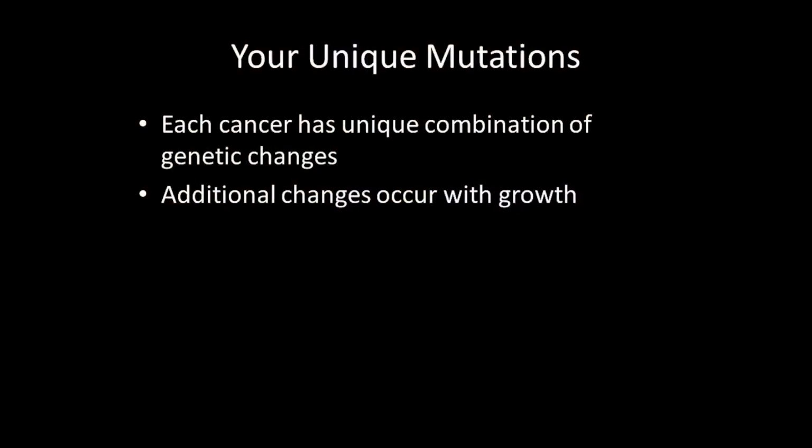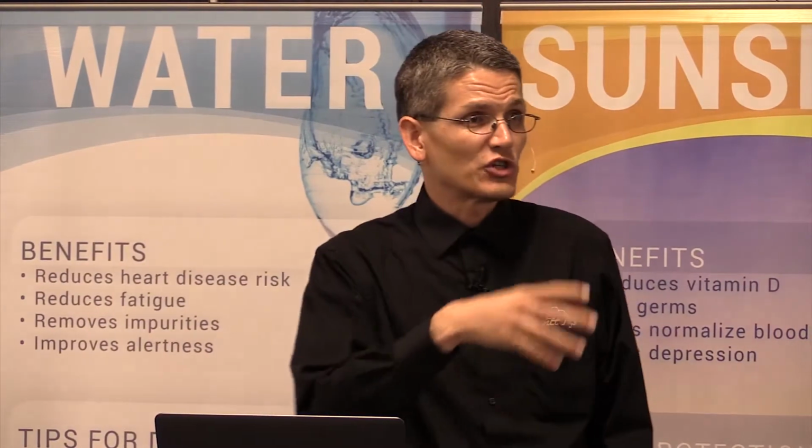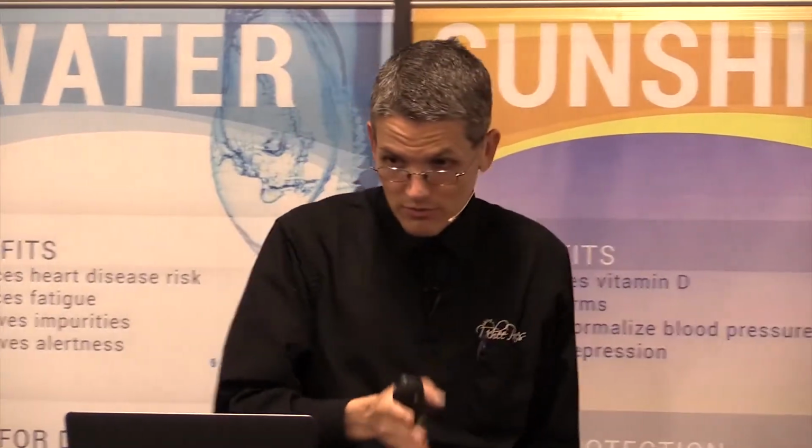And as that cancer begins with a certain few mutations, but as it continues to grow, it acquires more mutations. So it changes over time as it grows. If you knew what it was like at the beginning, you might not necessarily know what it's like later on. If you knew the exact genetic pattern and epigenetic pattern earlier, it wouldn't have the same patterns later because it begins to mutate even more.